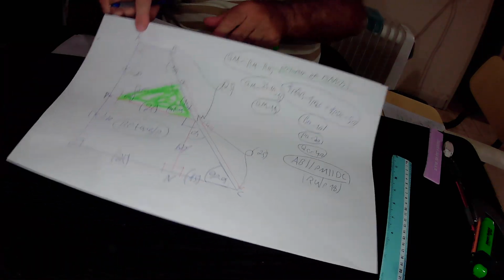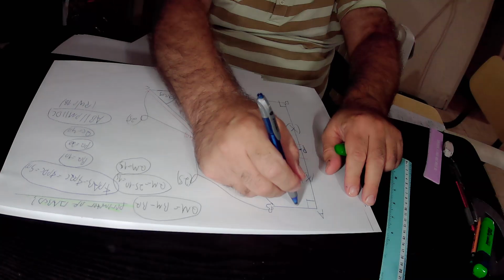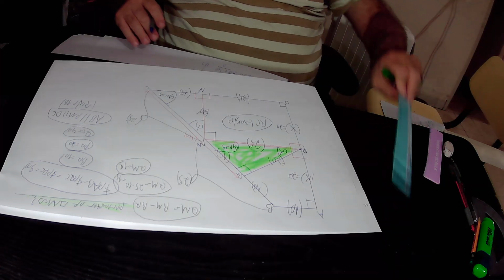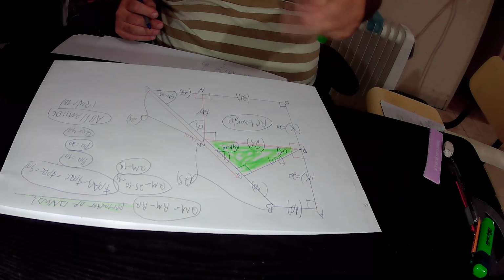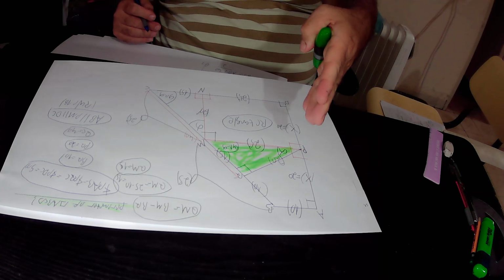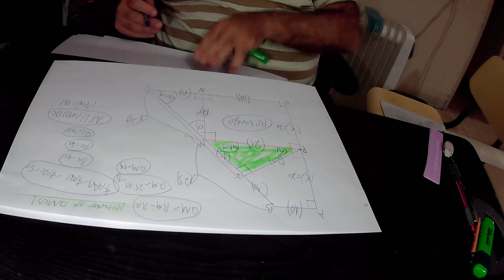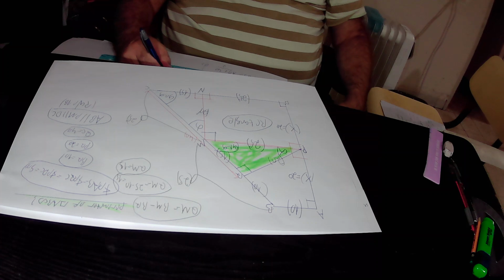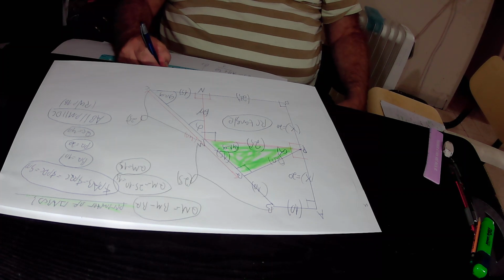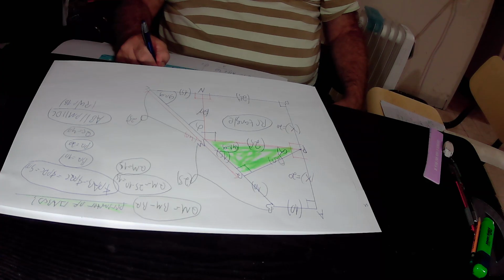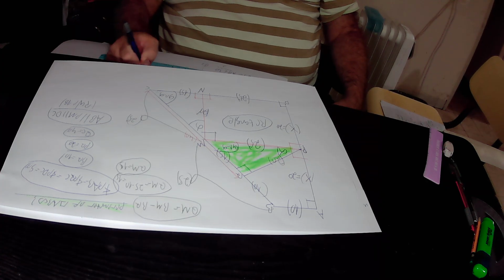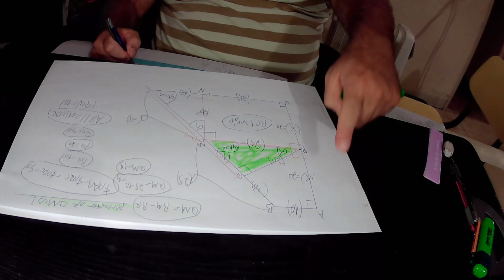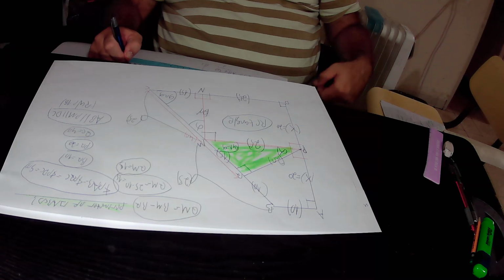This side AB equals 10 units in its length. Therefore, the perimeter of this trapezoid ABCD is equal to the sum of its four side lengths. That is to say, the perimeter of quadrilateral ABCD, or trapezoid ABCD, in total must be equal to AB, that is 10, plus AD, that is 20, plus 20, that is 40, plus